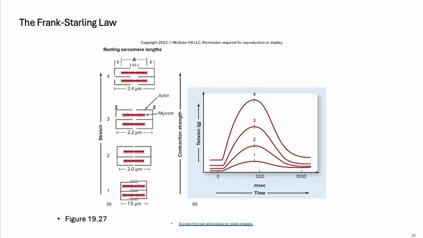And then here's another illustration of the Frank-Starling law. So again, that was the relationship between the length of the muscle and the amount of force that can be generated. Again, as you increase the amount of optimal overlap, you get more optimal strength. So again, more optimal cross bridges,